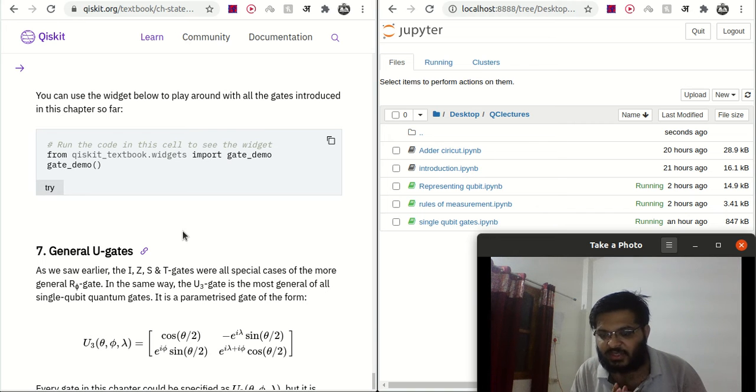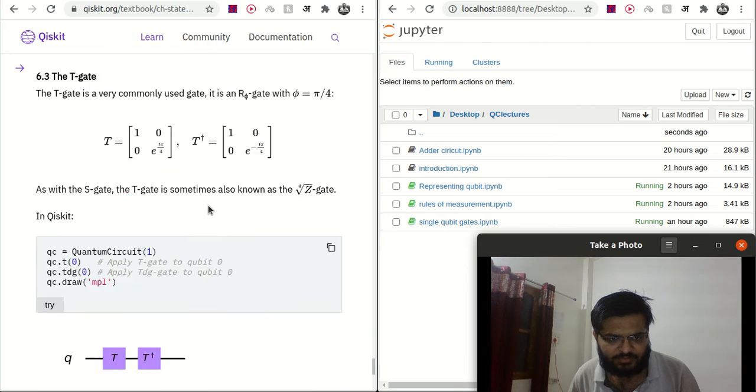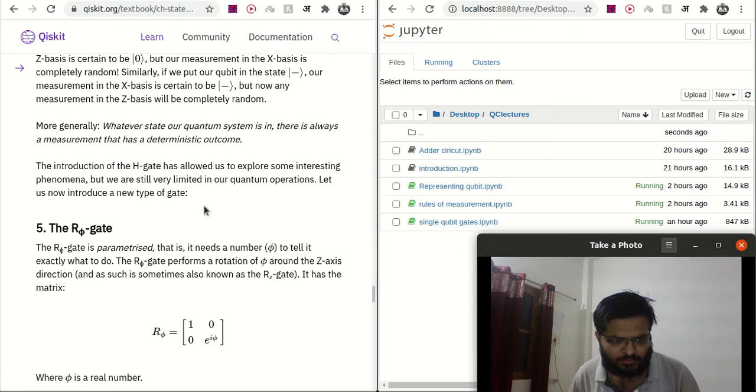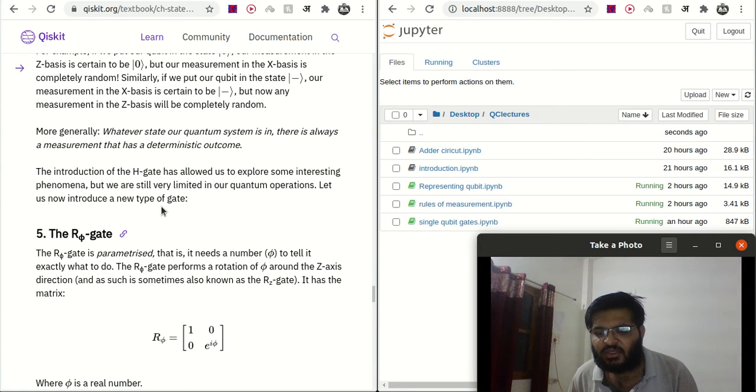So just like that, we are going to see some new operators. As we know that these are fixed axes, but suppose we want to rotate it with some angle with the z-axis, how are we going to do that? We have a general operator, which is the R phi gate, in which we define the angle phi, with which the R phi gate performs a rotation of phi around the z-axis, phi angle with the z-axis.